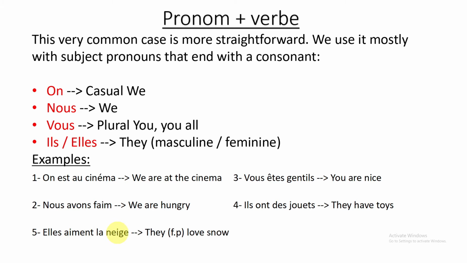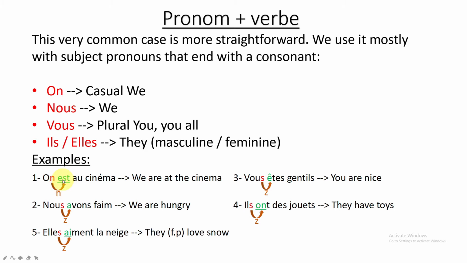So you can pause the video and try to find out where the liaison will be and how to pronounce each one. Okay? So you can pause it and try yourself before you continue the video. Okay. So here this is the pronoun subject and then this is the verb. We said when the first word ends with N, it will create an abstract N at the beginning of the second word.